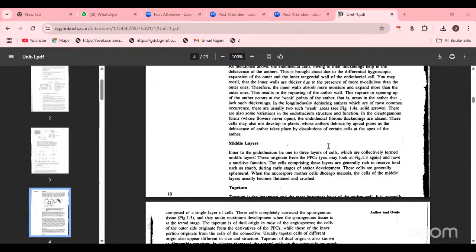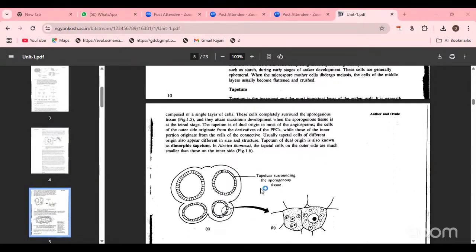When the microspore mother cells undergo meiotic division, the cells of the middle layer usually become flattened and crushed, composed of a single layer of cells. These cells completely surround the sporogenous tissue, and they attain maximum development when the sporogenous tissue is at the tetrad stage. The tapetum is